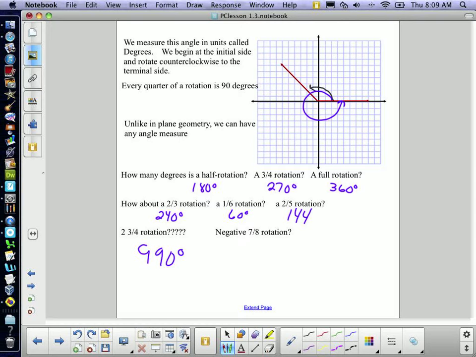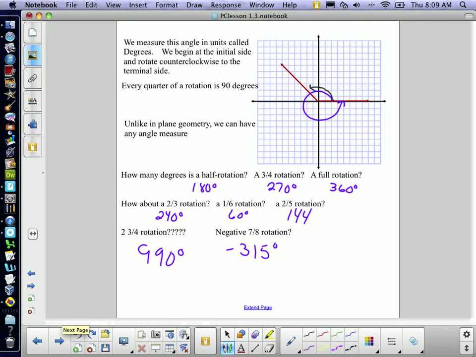Well, 7/8 of 360 is... come on, get out the calculator if you need it. What would it be? 315, but since it's rotating clockwise, it would be negative 315 degrees. Yes, we can have negative angle measure,